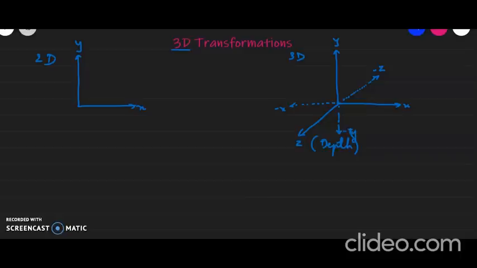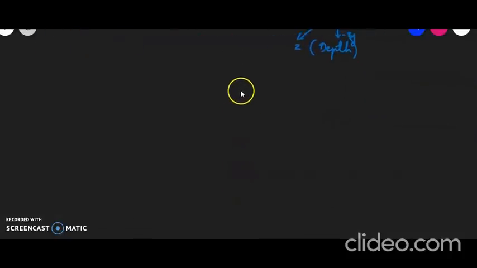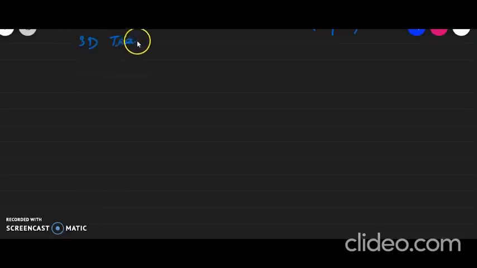So any object that I have here will be shown in 3D. So this is the object that we will be having in 3D, and that's how it will look in your three-dimensional domain. Okay, so this is all about the difference between your two-dimensional and three-dimensional. Now we come across to what is your 3D transformations, right? We have covered 2D transformations very clearly, and we know, so we start with our 3D transformations,